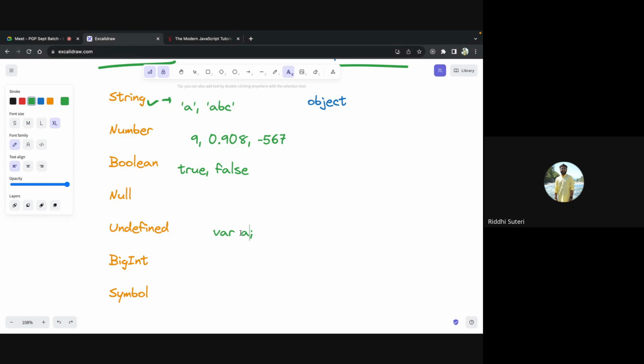The variable was defined, but no value was given to it. But if you have done something like a equals null, this is a case of null, where you have explicitly given a value of empty.